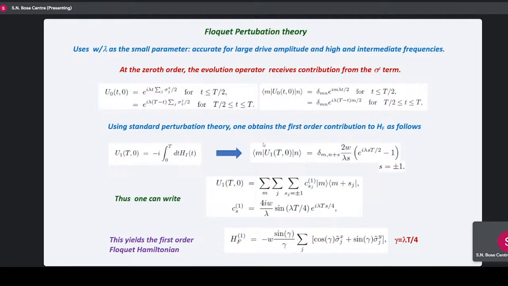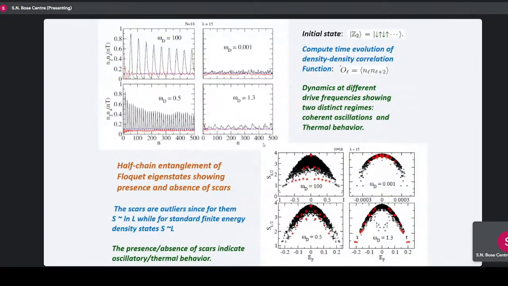Now, we already know that quantum scars exist in the Hamiltonian of this PXP model from Abanin and Alhassid's work. So if the major term of your Floquet Hamiltonian has these quantum scars, you expect this oscillatory behavior, provided you start from a Rydberg symmetric state. However, this tells you that there are special frequencies where that behavior is just going to go away. And this would be a non-monotonic dependence because of the presence of this sine. So we check for this numerically, and this is exactly what we see.